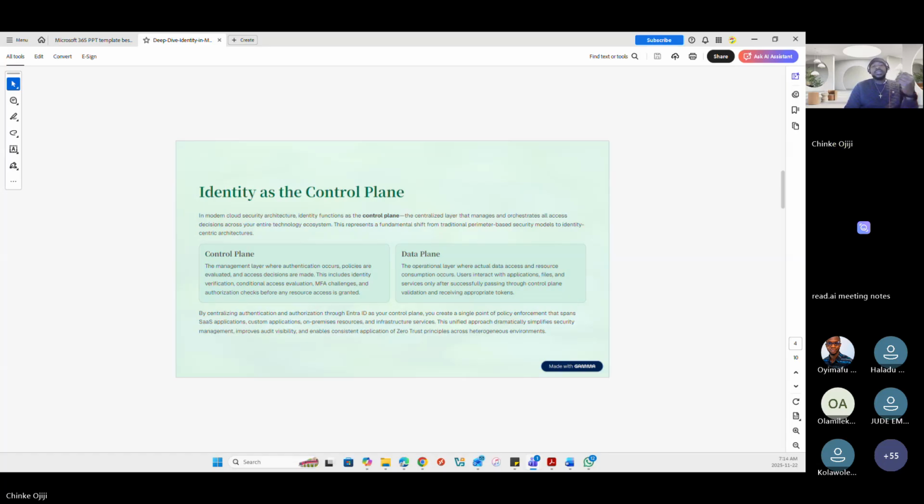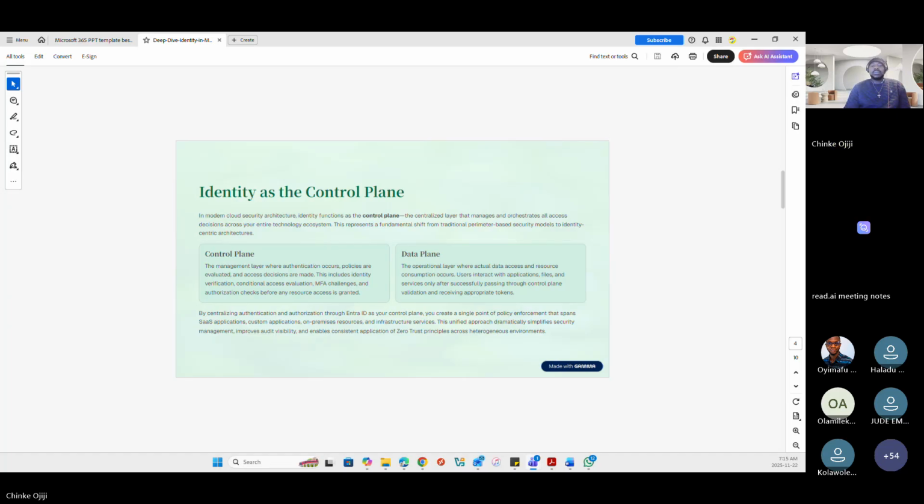Now, Entra ID is not just a directory. It's there for managing and securing access across your entire cloud. When you create a user in the 365 Admin Center, this user is automatically under Entra ID. There are certain parts of that user's account which you cannot manage from the 365 Admin Center; you have to manage them from Entra ID.